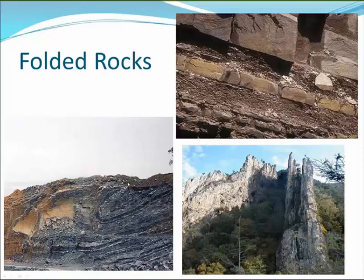The rocks are folded. Here you can see where this limestone is turned completely up on itself, tilted and flipped all the way back around. And then here, in the lower right-hand corner, you can see this hard white sandstone called the Tuscarora sandstone, and that's what forms the middle of the ridges because it's made of material that does